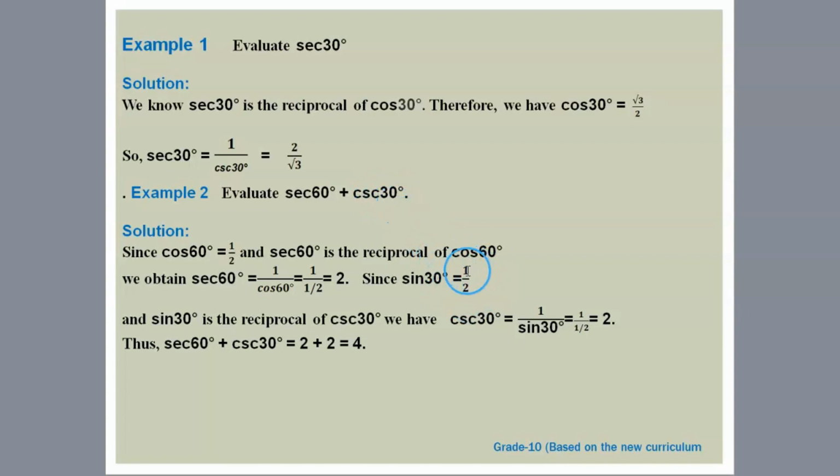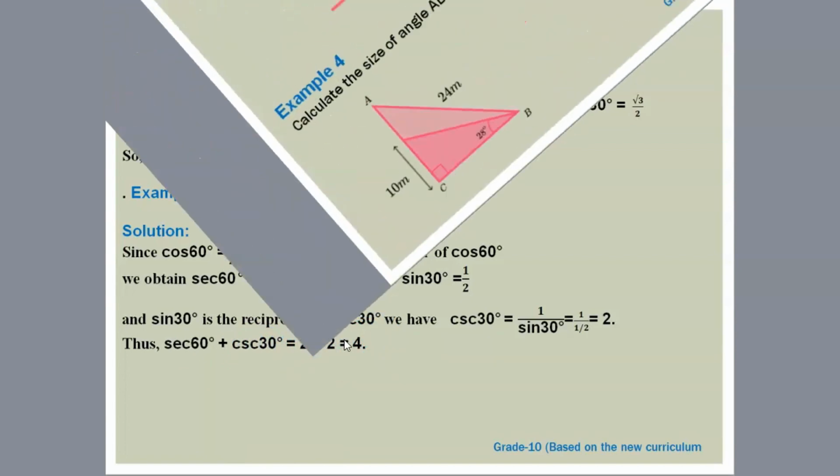የዚህ ሪሲፕሮካል 2 ይሆናል ማለት ነው። እዚህ ጋር የሚያብራራው እሱ ነው። ስለዚህ 2 ይመጣል። Thus የሁለቱ ድምር ምን ይሆናል? ሴክ 60 ዲግሪ ፕላስ ኮሴክ 30 ዲግሪ ምን ይሆናል ማለት ነው? ሴክ 60 ዲግሪ is 2 and cosec 30 degree is 2 again, 2 plus 2, therefore 4 ይሆናል ማለት ነው።